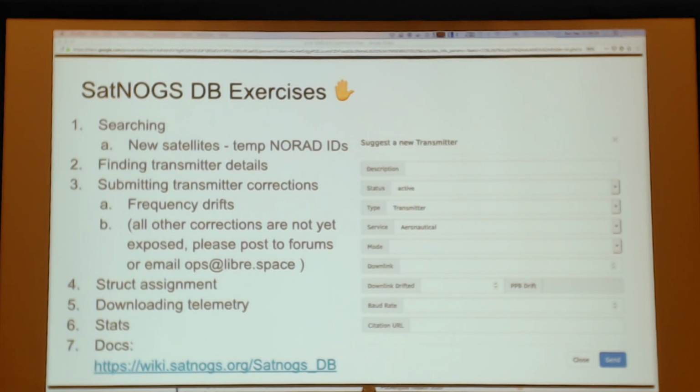Positive or negative? Just positive. So if it looks good, let them know. If you don't like it, then